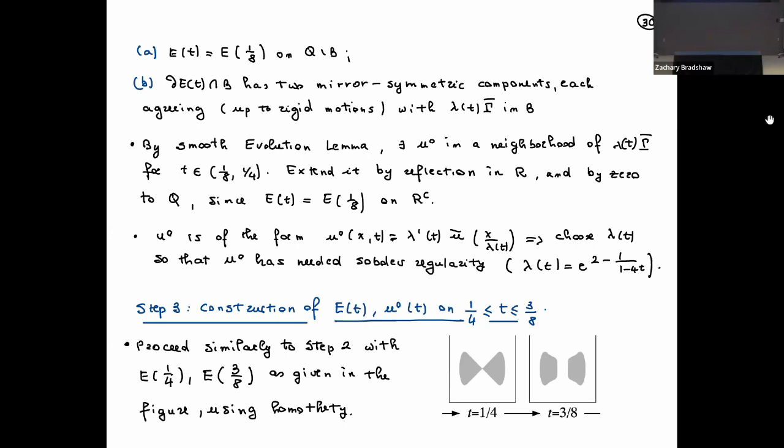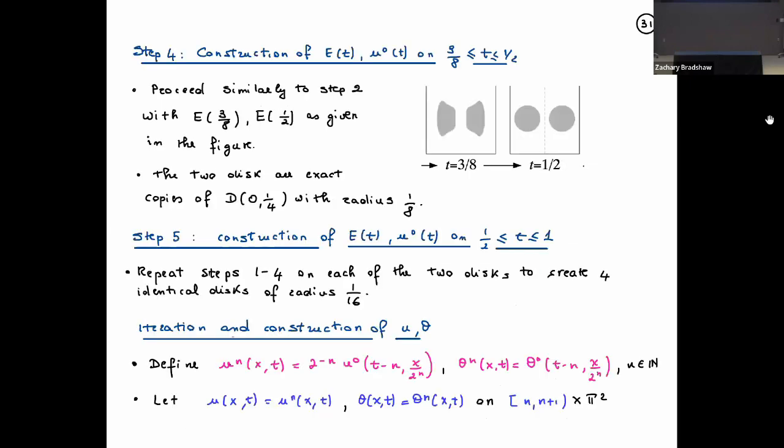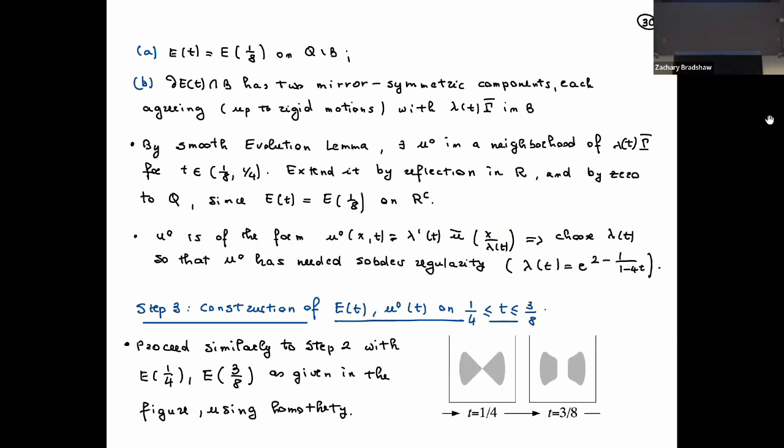And okay, then we're basically done, because at the next steps, we proceed very similarly to what we have done in step 2. I just showed you a picture of what we do. In some sense, you backtrack, you reverse some of the construction that I've done in step 2 to separate the two components of the pinch-in singularities into two separate but still mirror symmetric sets. And at each of these two steps, because each of the components now is smooth, you can use the smooth evolution lemma to construct the velocity.